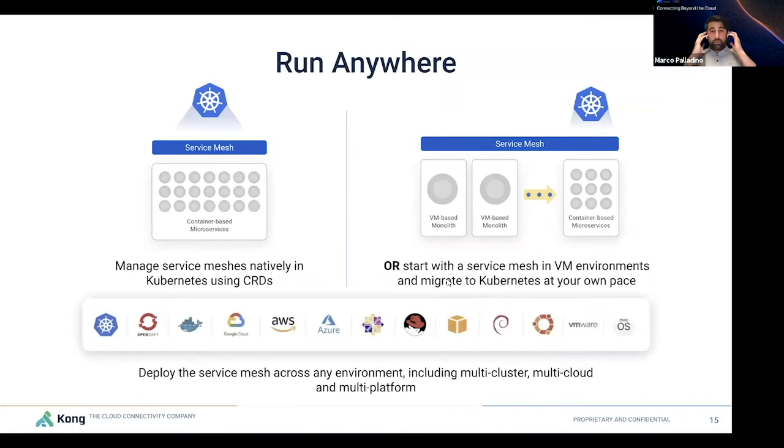And because it runs everywhere, Kong Mesh can also be used to accelerate that Kubernetes transition. We can deploy our Kubernetes workloads next to our virtual machine workloads and connect them together in a seamless way. So when we transition to Kubernetes, we don't have to do it all at once. We can do it step by step, using traffic routing rules to determine how much traffic goes to the VM version of a service as opposed to the Kubernetes version of the same service. We can also have different services, some of them running on Kubernetes, some of them running on VMs, talking to each other. It is very powerful because it really opens up many possibilities when it comes to